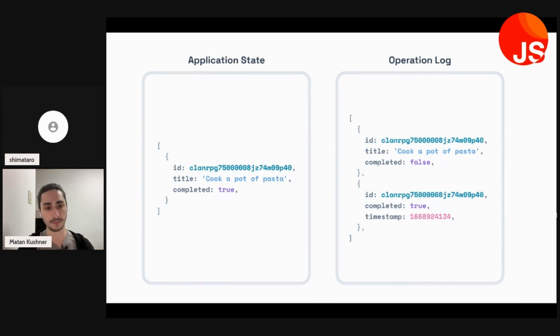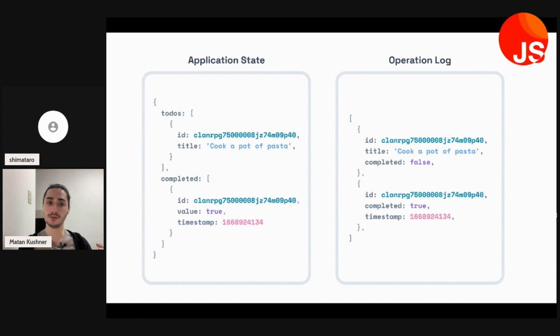Let's rethink this a little bit. Here, we're going to break up our to-dos into first IDs and title up top, and then we're going to create a new segment for completed on the left here. Completed is going to have the value of the status and also the timestamp of the status. And that's very important because if we get an operation that is old, we can ignore it. If we get an operation that is new, we can update it. That way, we're always working with the latest operation. And as long as all clients are working on the same assumptions of how to prioritize state, they're going to end up with the same application state.